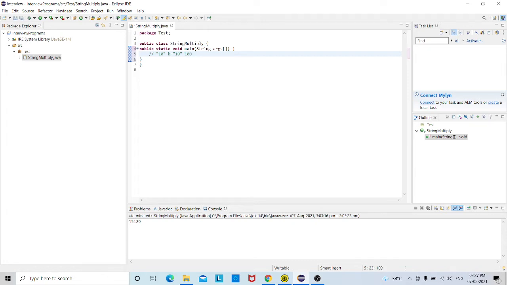So if the interviewer asks you a question to multiply two strings from the user, then you have to think logically, like whether it's an integer, a long, or a big integer. I will show these three things, how we are going to do it in this program. So basically, the first thing is